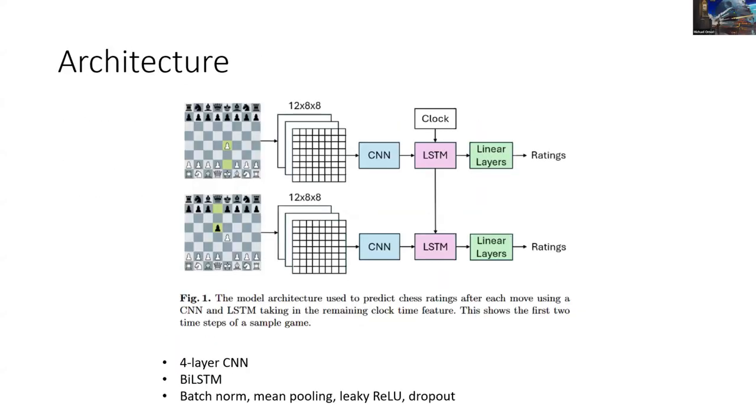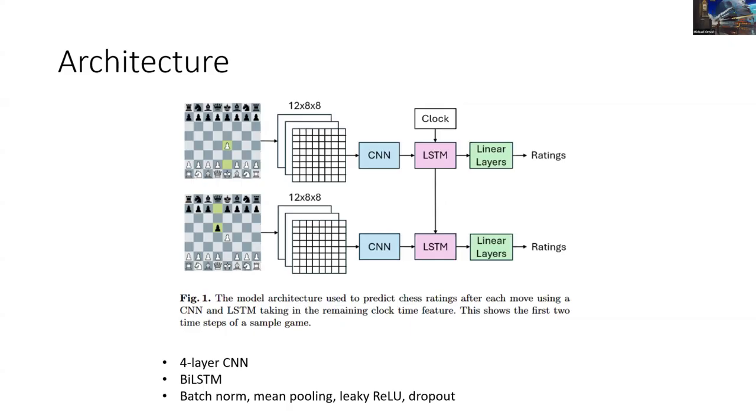Yeah, so right now after each move I predict a rating. But for the final prediction of the game, I do take in the entire sequence of moves in the game. The nice thing about using an LSTM is that it's very fast. So you can have a live update of a rating because you just need to keep the hidden activation feature of the LSTM from the previous state, and then feed that into the LSTM and the CNN again to predict for the new move.